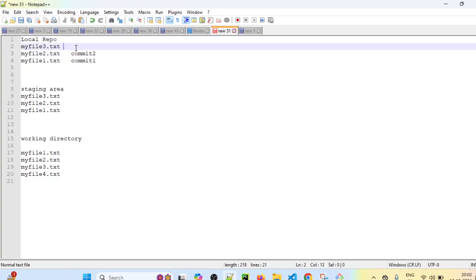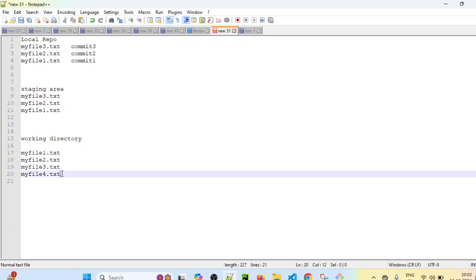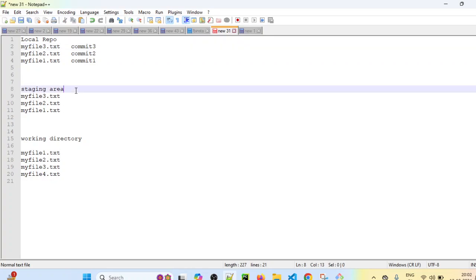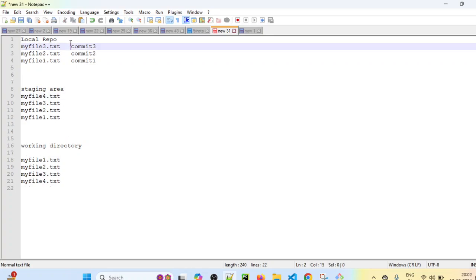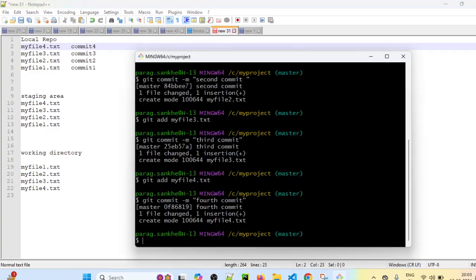Then we also added myfile4 to the staging area, and committed that file to the local repo in commit number 4. So in total, how many commits have we done? 4 commits.